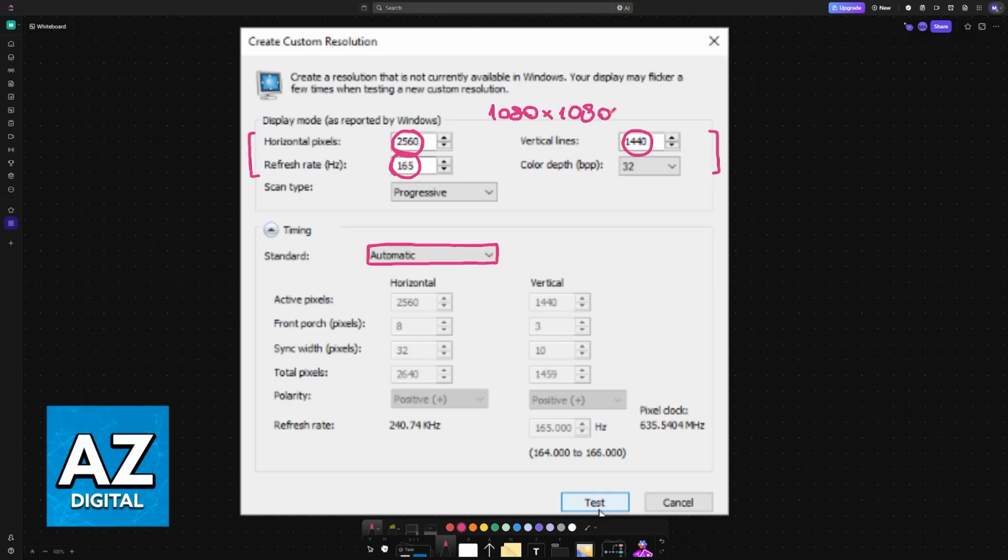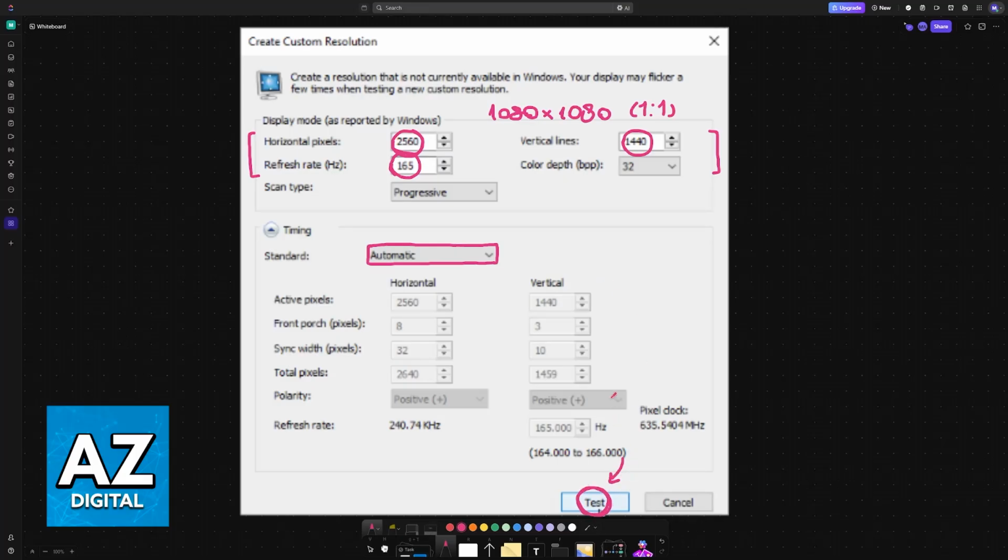Now you can do custom resolutions, for example 1080 by 1080, which is a very popular one for various different FPS games, which has an aspect ratio of 1:1. You can do something that your monitor doesn't support, so you can try going higher, you can try going lower, you can try doing ultra wide and add black bars, stretch it out, whatever it is that you want to try. Once you have the resolution, click Test.